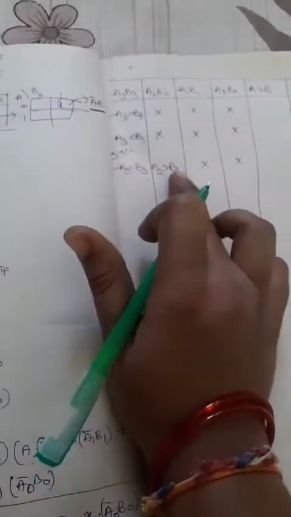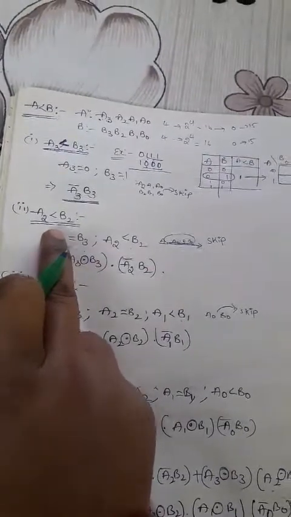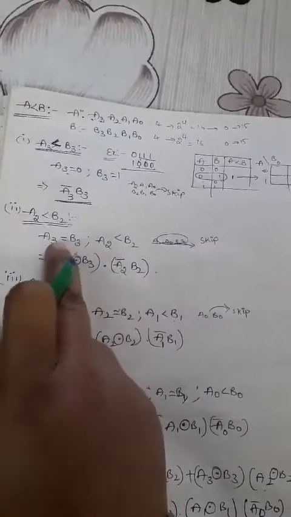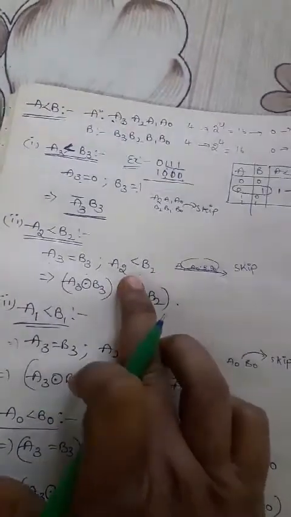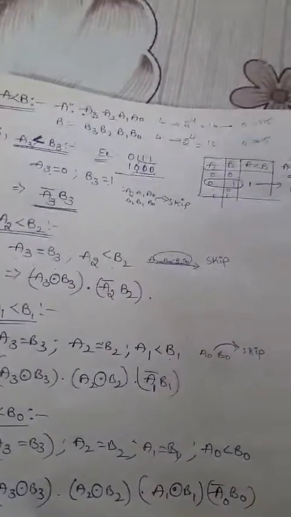Okay, so now greater than is completed. Now coming to the less than case for this: A2 less than B2. A2 less than B2 condition means which case are we having? Again it will be satisfied when A3 is equal to B3 and A2 is less than B2. You must remember how many cases we are having, and all those cases you need to place here in the truth table. So this is the A2 less than B2 case. Which output are we having? This case is nothing but A3 is equal to B3 and the condition A2 less than B2. What about the remaining cases? This will be skipped, right? So don't bother about that.